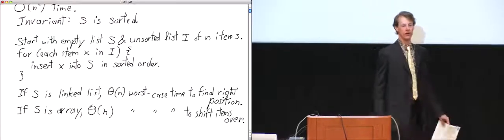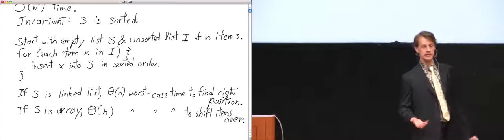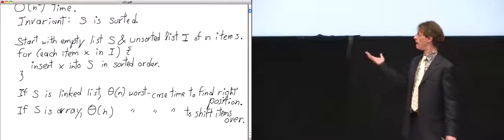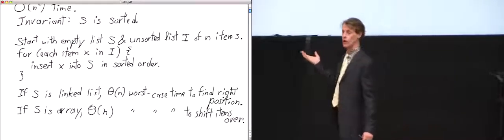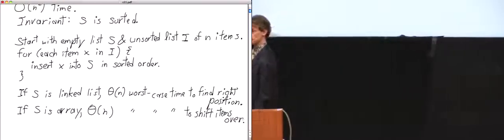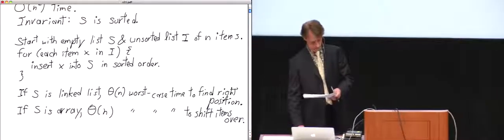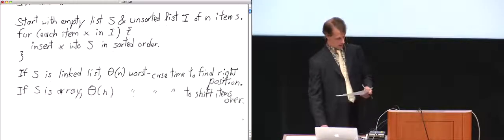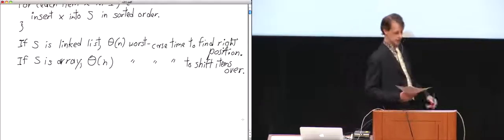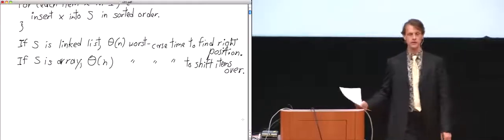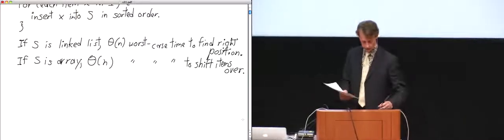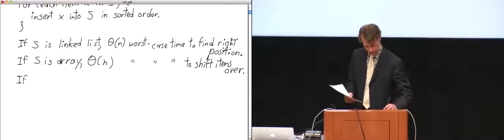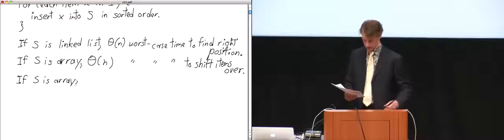So I've said this before, and I'll say it again now. Linked lists and arrays both take linear time to insert something if you want to keep it in sorted order, but for different reasons. Another thing that's interesting about insertion sort is that you can create what's called an in-place sort with insertion sort on an array. So again, thinking about the case where it's an array,